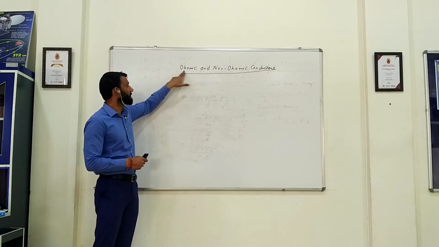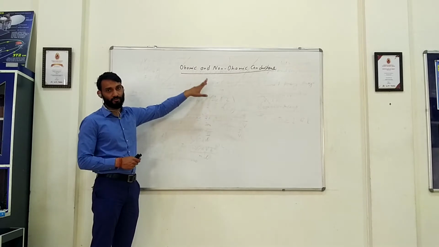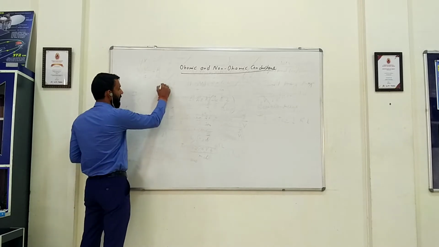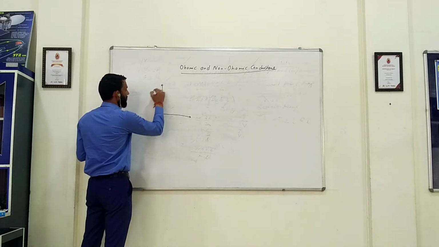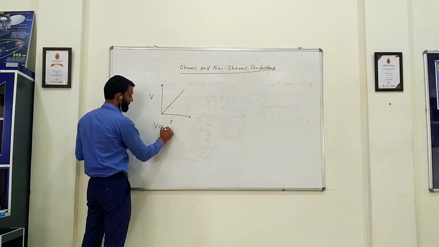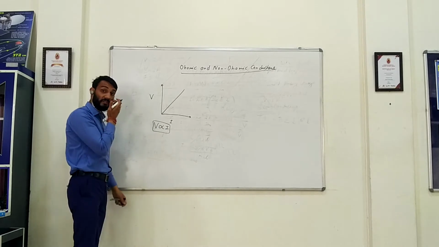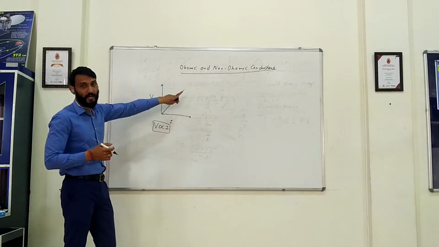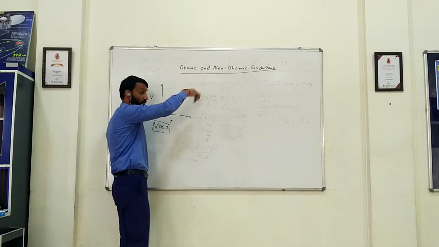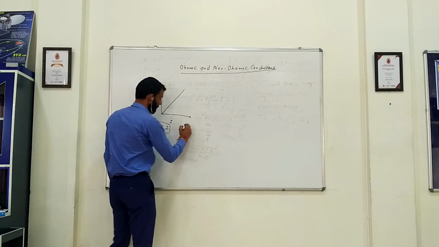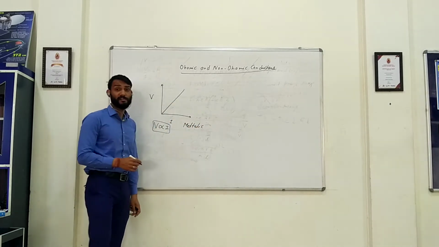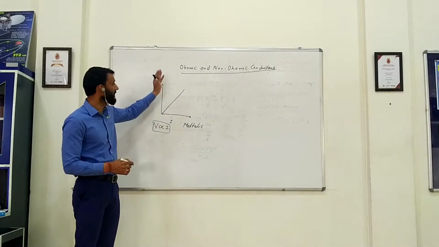So it means for these types of conductors, first of all they obey Ohm's law, and the second thing is that if they obey Ohm's law, their graph of V and I is a straight line. Why? Because according to Ohm's law, V is directly proportional to I. So that is the case for ohmic conductors. Now, what all substances obey Ohm's law? They are the metallic conductors like copper, aluminium, silver, and all these substances obey Ohm's law.